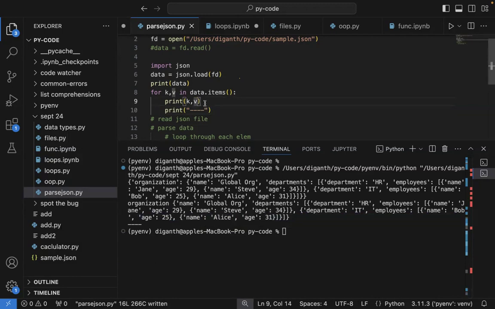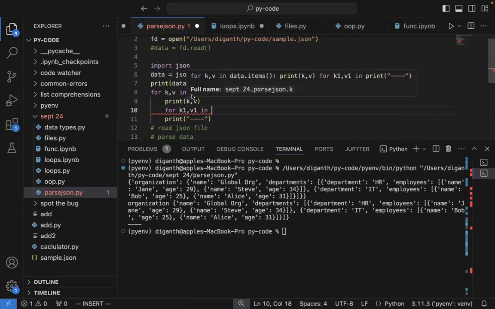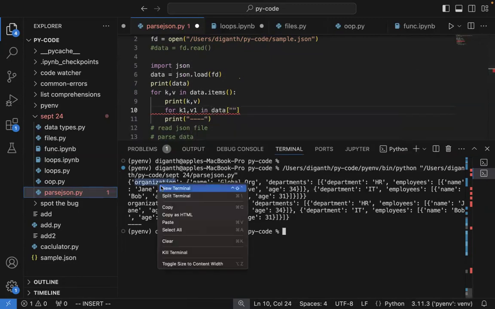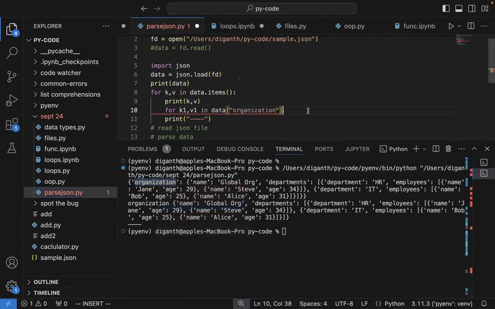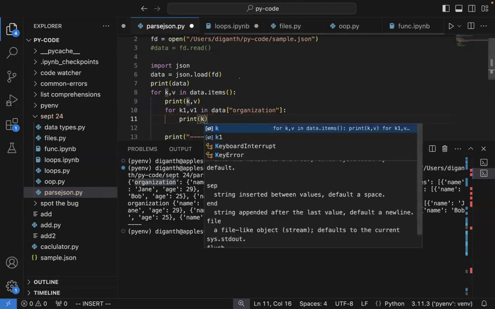If you want to get into the organization, how would you do it? Again for a key, say key one, v1, different variables, and data is within this particular dictionary. I can do data, and then you can either do this or fetch one key by key and then look into that. And then you can print k1 and